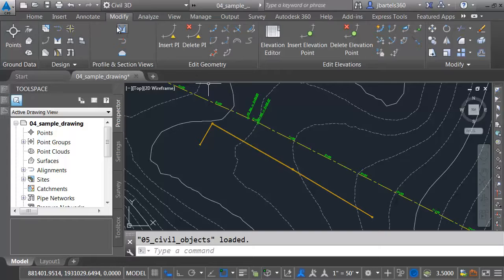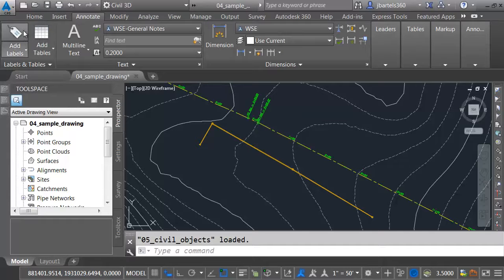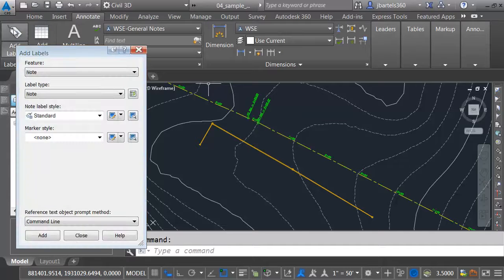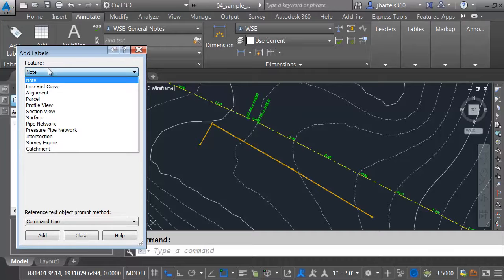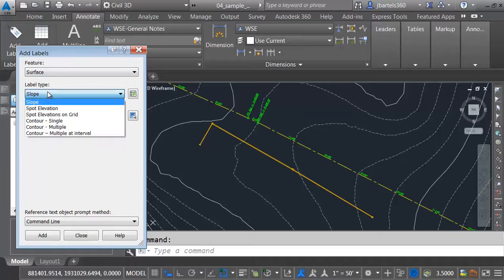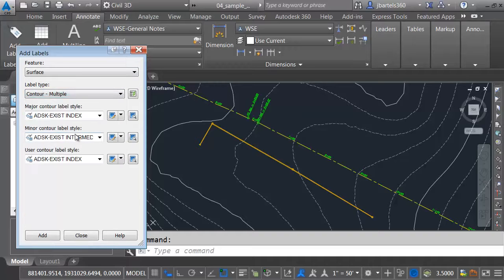For example, let's go to the Annotate tab, and I'll come down and click this price tag. This brings up the Add Labels dialog box. From here I can select the item I'd like to label. Let me open the feature menu and I'll choose Surface. I'd like to label multiple contours. I could change the styles if I wanted to, but these are perfect. Let me click Add,